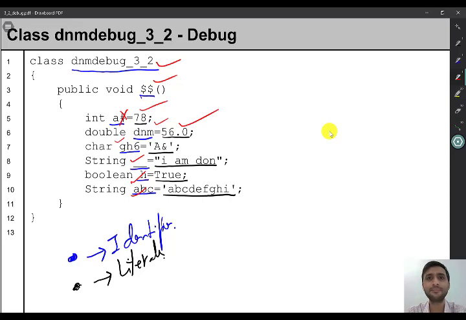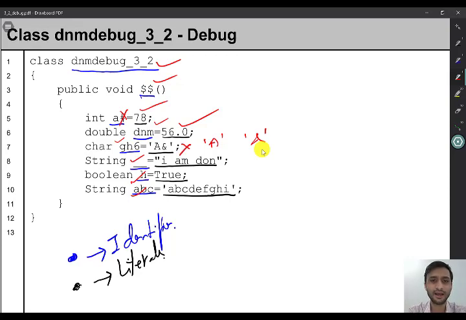Next, A and ampersand within single quotes. Actually, this is a single character constant. Is this a right single character constant? No. First, we are doing the right thing by keeping the characters, A and ampersand, inside single quotes. That is fine. But the rule says that we can keep only one character. We cannot have more than one or less than one. Here we are keeping two characters, so either you can keep A or you can keep ampersand. You cannot keep both. So this is wrong.